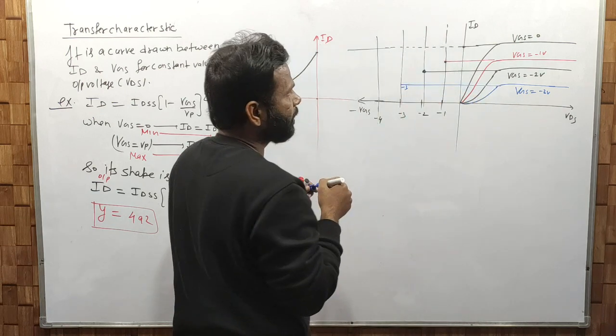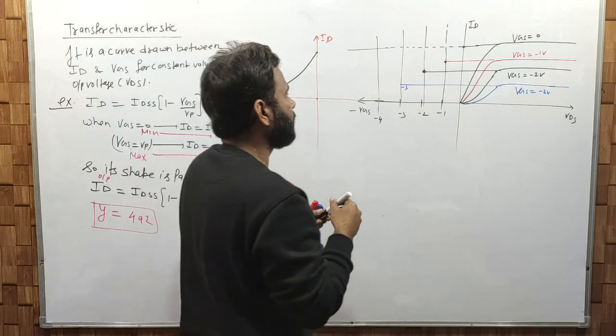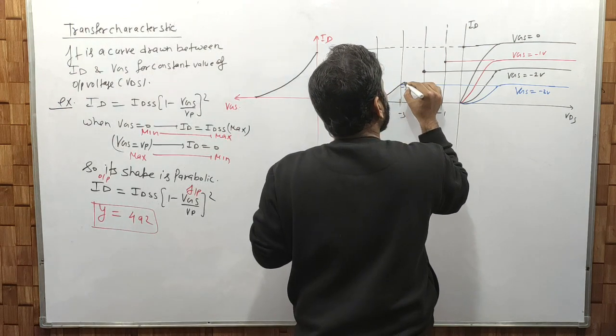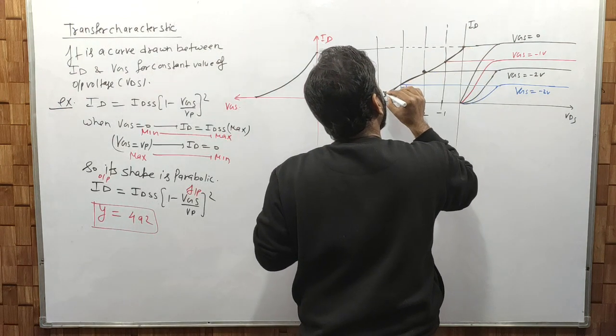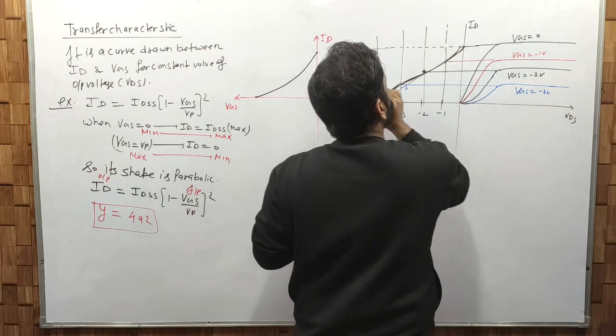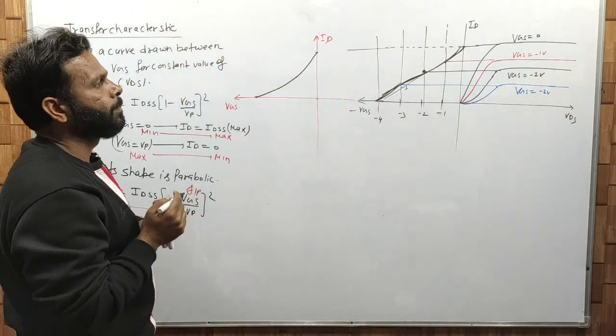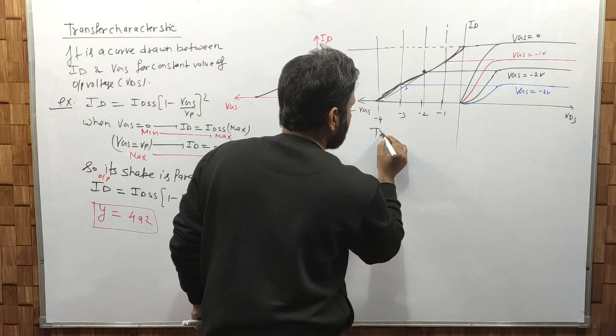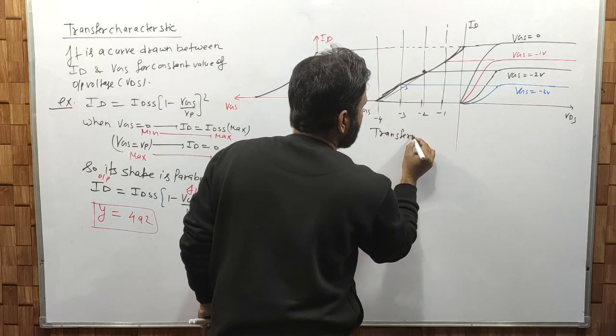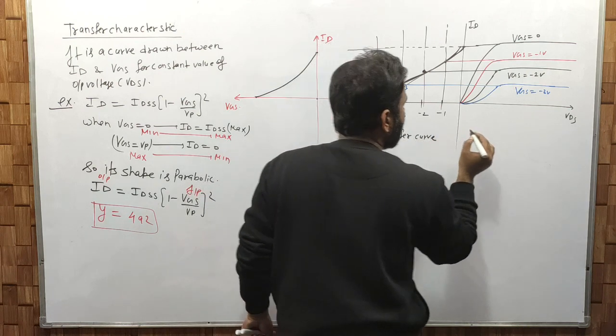So like that you can have the curve. If you roughly draw it, the curve is like that. So this is your transfer characteristic curve, and this is your